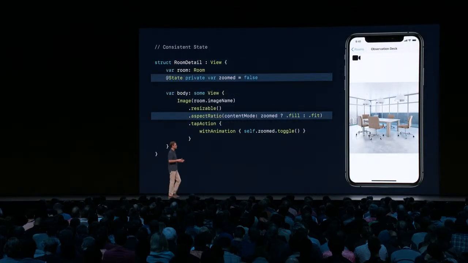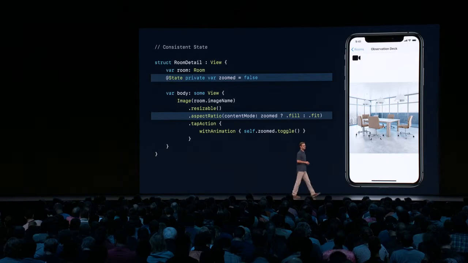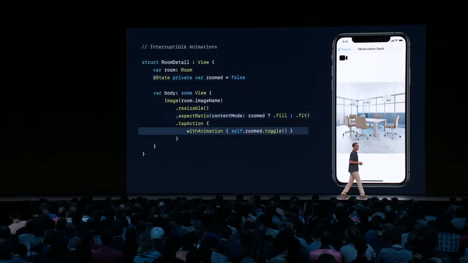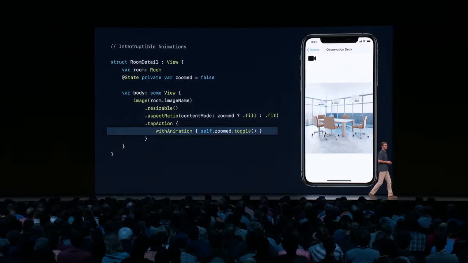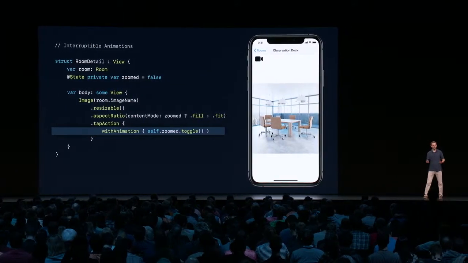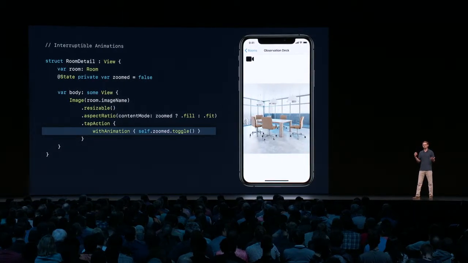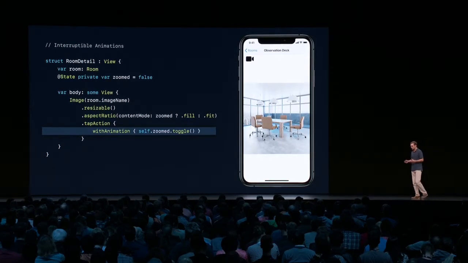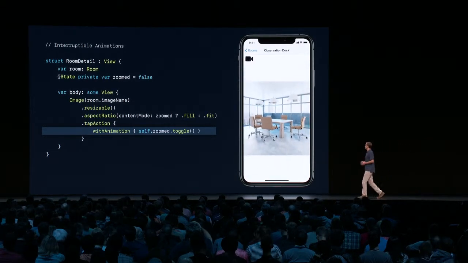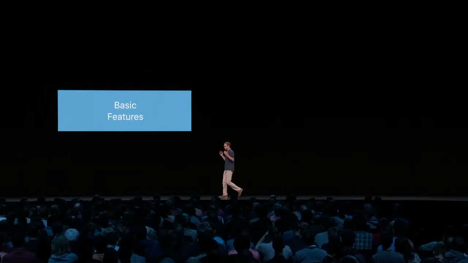We talked about how SwiftUI keeps your views in a consistent state, so you never end up with a view missing or in the wrong place. And of course, we played with SwiftUI's awesome interruptible animations, which is one of my favorites. I always felt like before I had to trade between having flashy animations and crushing complexity that could come with it, but no longer. The goal with SwiftUI, oh, wait, we didn't look at it again. It's so cool, right? All right, the goal with SwiftUI is for us to take care of these basic features